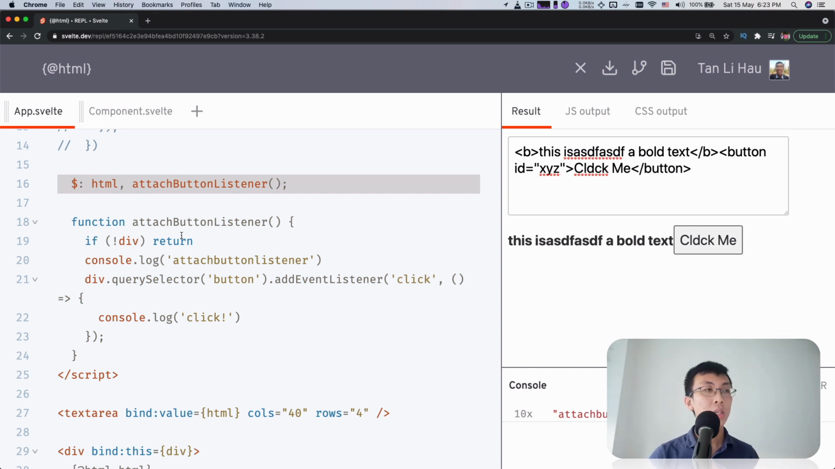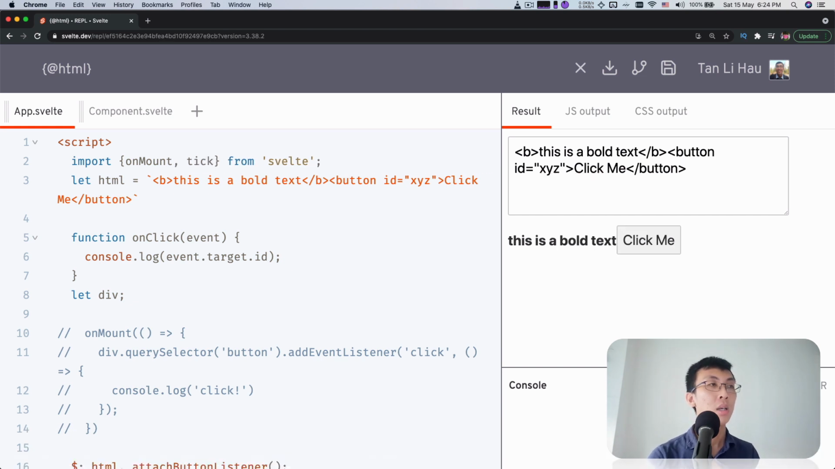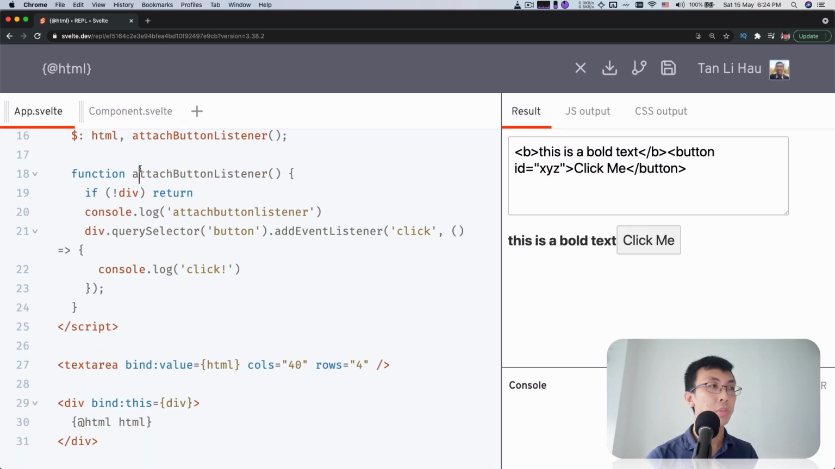So over here, when this is being run, you're actually accessing the old content. You are finding all the old buttons and then attaching event listeners to them. So this is not what you want. What you want is to come over here and use tick. You want to wait for a tick before you